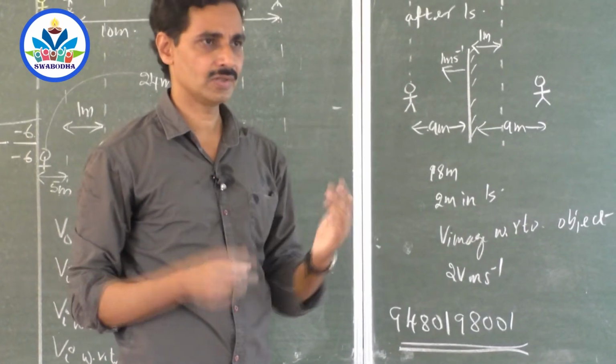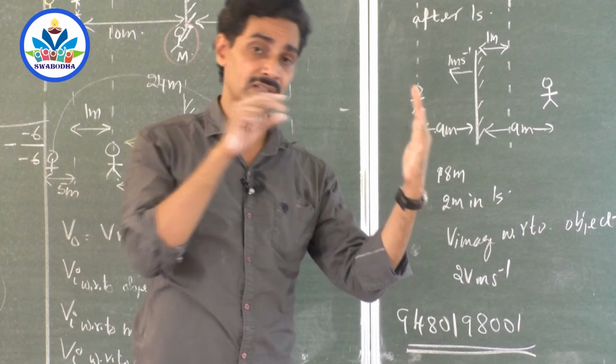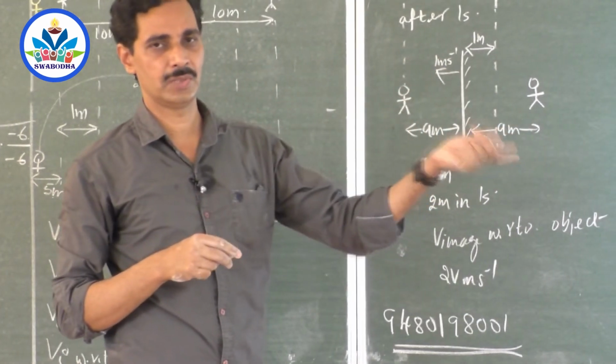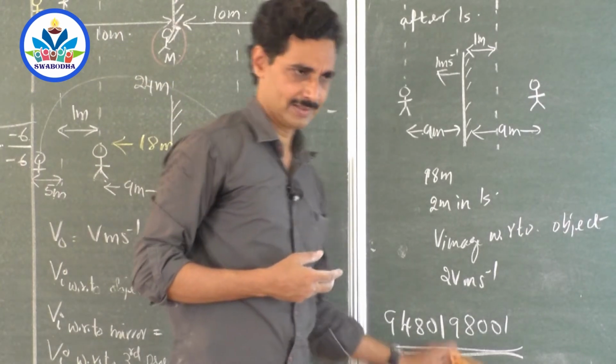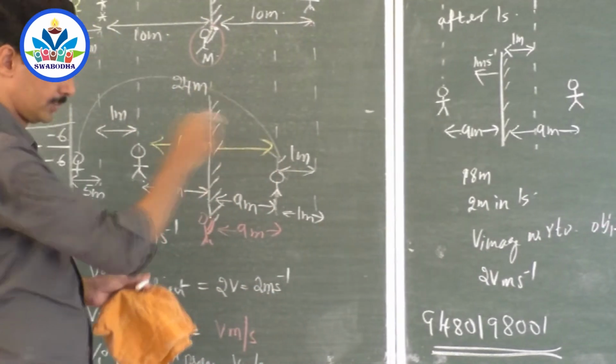Another question is, the mirror is moving away from you, and you are moving towards the mirror, with the same speed. What is the velocity of the image with respect to you? These two are the homeworks. So you have plenty of ideas like this, right? I will stop at this junction about this problem.